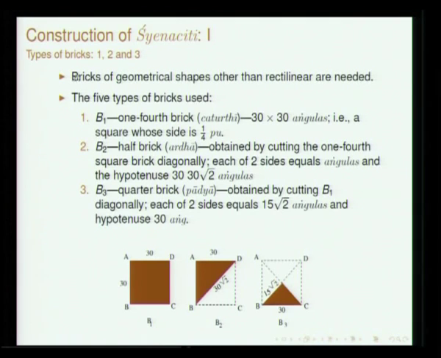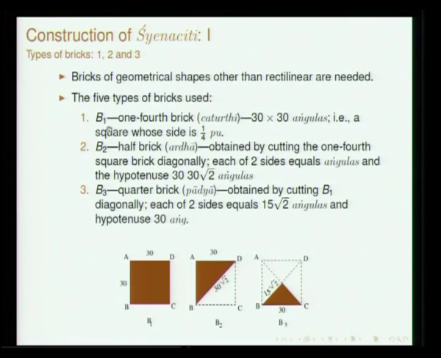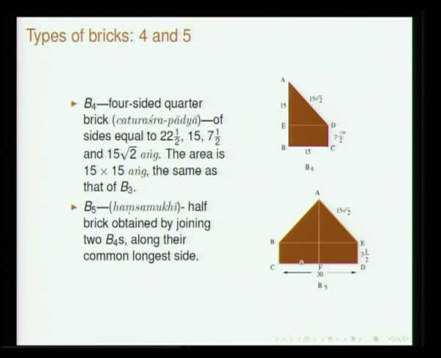Now, we will quickly run through a few slides wherein the shapes of various bricks have been given in great detail. All the measurements are stated here. I will not spend much time here. For instance, if you want to construct a Shenachiti, the Shenachiti itself comes in various types. One particular Shenachiti is what I have described in these slides. There are several types of bricks: 1, 2, 3. You can see this one half of it, and therefore you have this root 2 times and one half again. This is one set of bricks. If you put them together, you get another kind of shape.